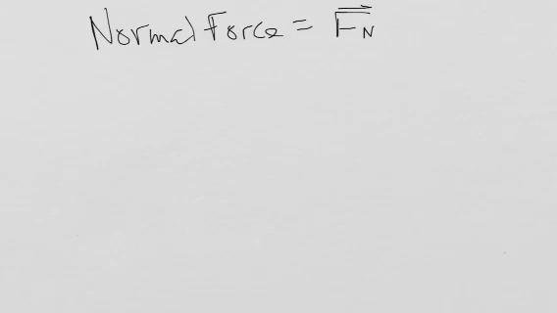It is always going to be perpendicular to your surface. So it's nice and great if the surface is horizontal. I'm going to have my force of gravity going downward, and I'm going to have my normal force going upward. Now, had I drawn these to scale, they would have been equal in magnitude, opposite in direction. Okay?